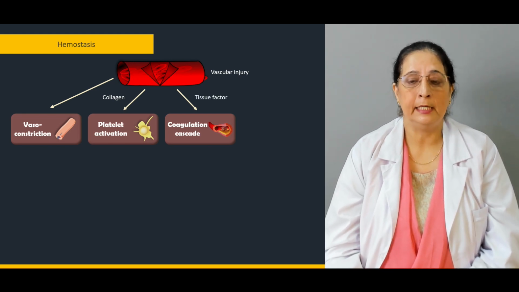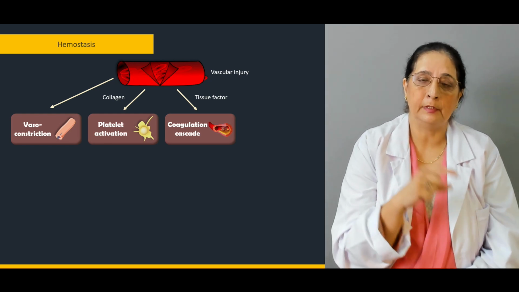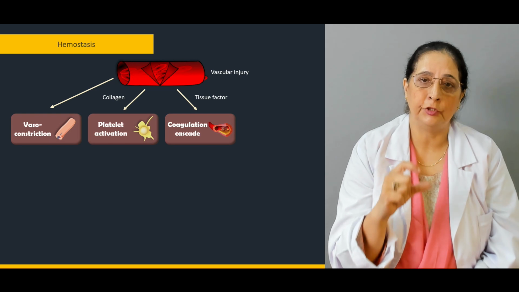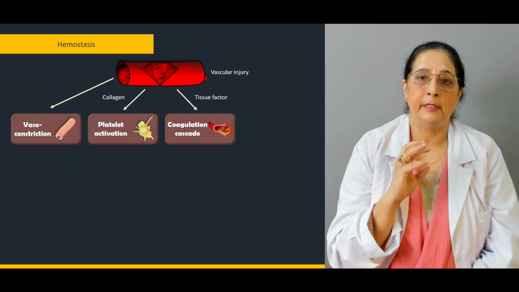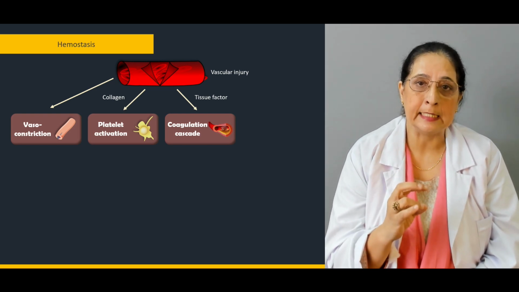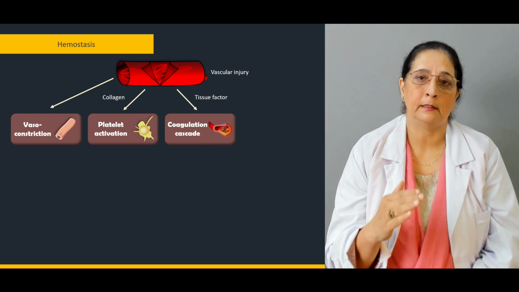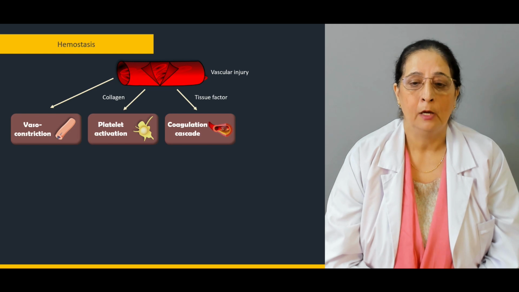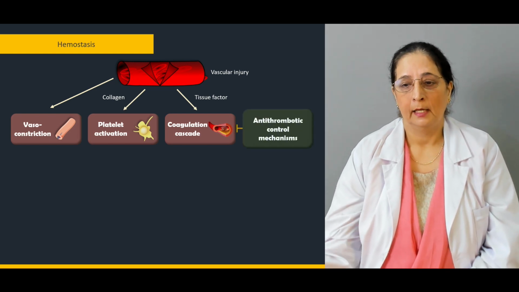And this is mainly the tissue factor. So we have collagen factor after the rupture or injury of the blood vessel, causing vasoconstriction and activation of the platelets. Then we have tissue factor. Tissue factor is responsible for the coagulation cascade. Then